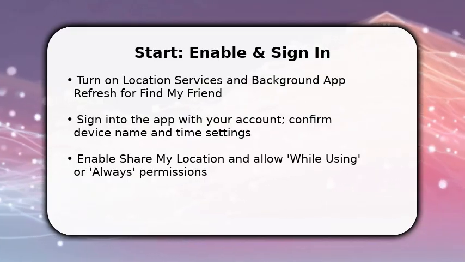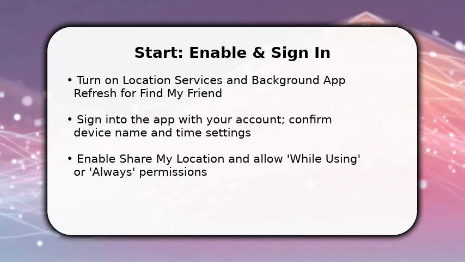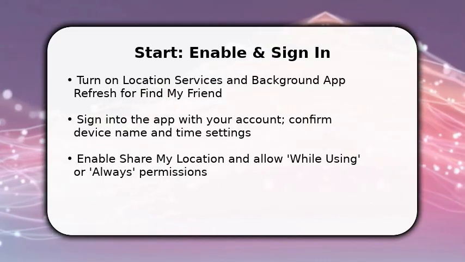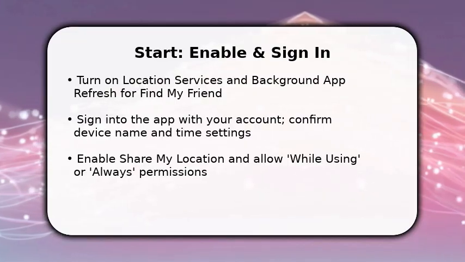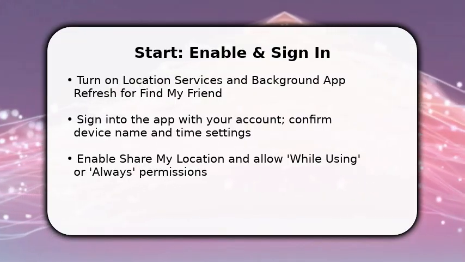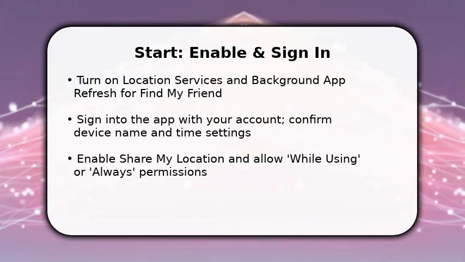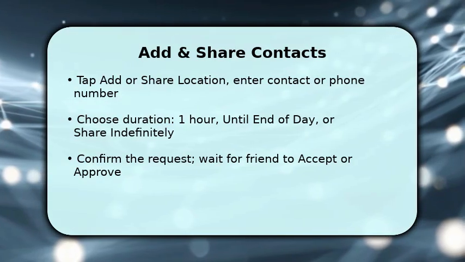Next, sign into the app with your account and verify your device name so friends recognize you. Finally, enable Share My Location and grant the app permission to access location while using or always. This avoids gaps. Once done, you're ready to add a contact, and now you add people and control how long